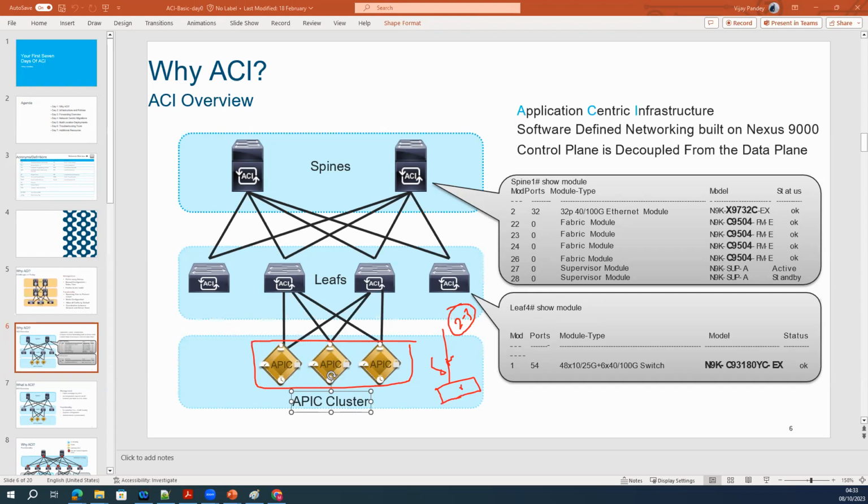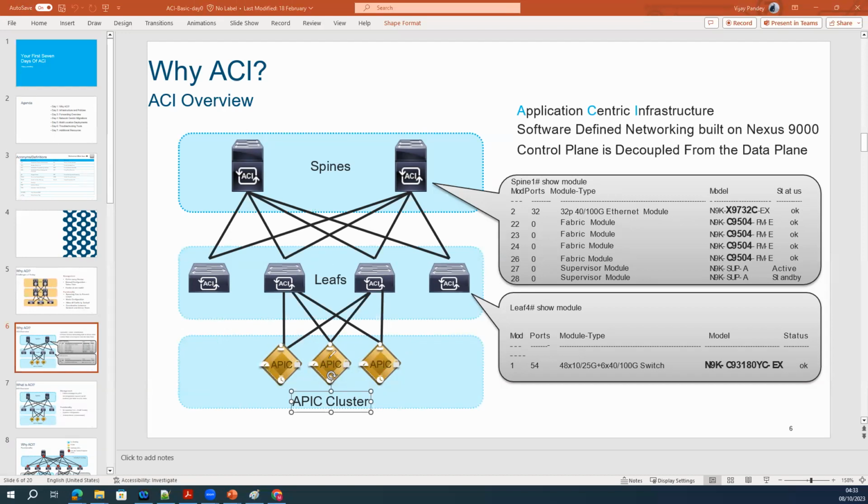Why only 3 APICs? Why not 2, or any other number? Because of the database replica. In a database, it's always best practice to maintain 3 copies of your data. That's the reason we have 3 APICs, nothing else, to maintain the failover of your database. If you have 3 APICs, even if one is down, the majority copy will be available and there won't be any issue.